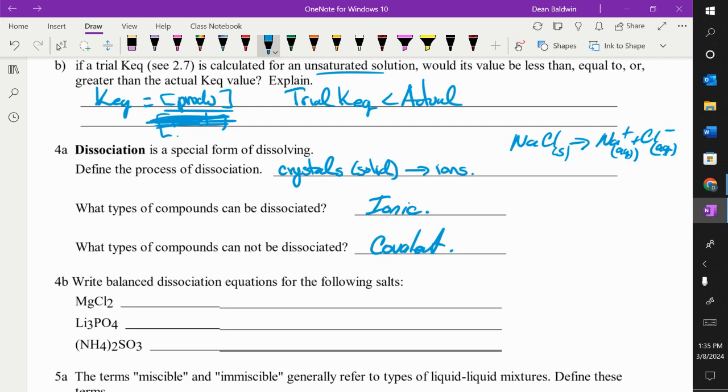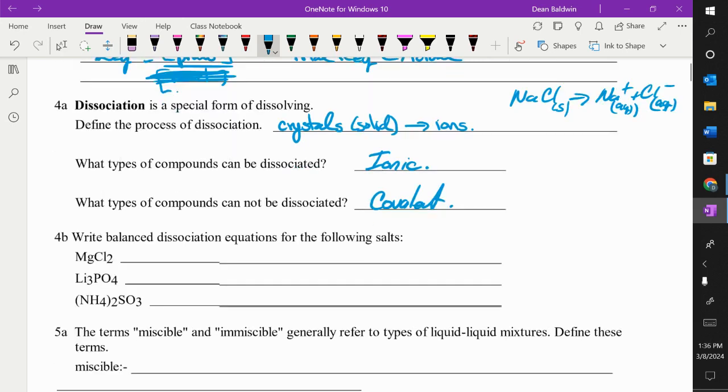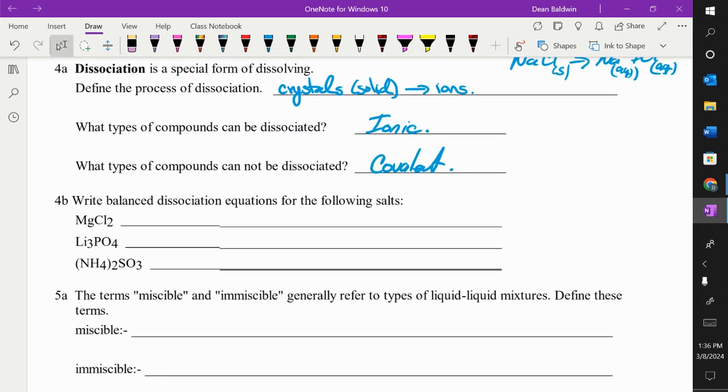In a covalent molecule, what are you doing? You're sharing the electrons. And within covalent, there are two different types. Remember polar and nonpolar, right? So you get an equal charge separation and then an unequal charge separation. We'll talk about that in the second lesson. All right. Here are our ionic salts. Write the balanced dissociation equation for these. In other words, break them up into their two ions.